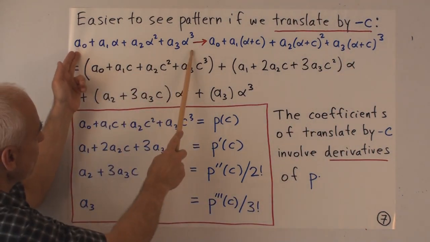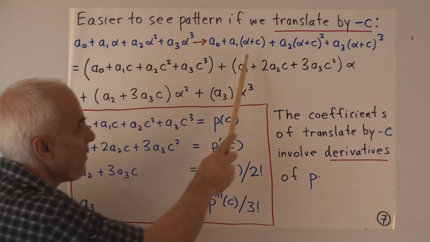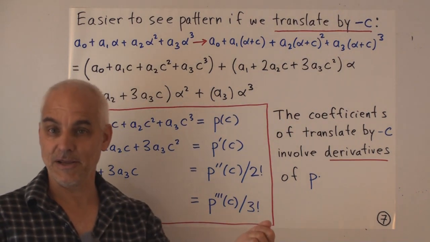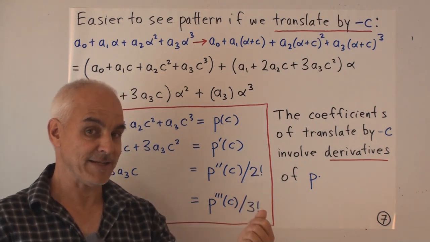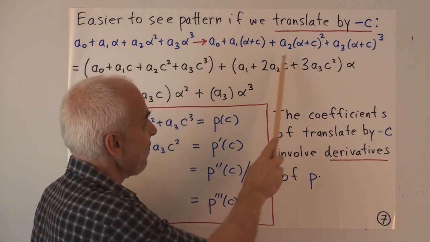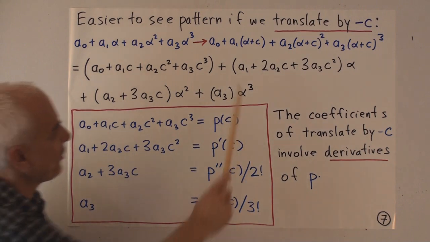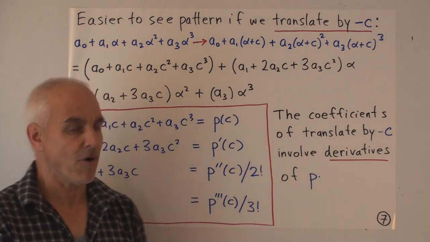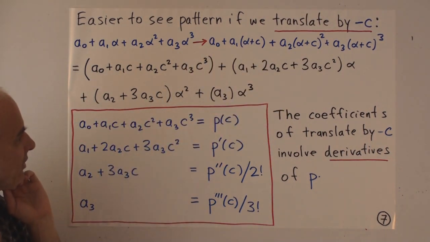So the effect is we start with a polynomial, and we are now going to replace each of the alphas with alpha plus C. It was alpha minus 3, you may recall in the previous example, because we translated to the right. Now we're translating to the left by C. So alpha gets replaced by alpha plus C. Now this very important computation, you should probably do this on your own, okay? Just expand this out and collect terms and see what you get.